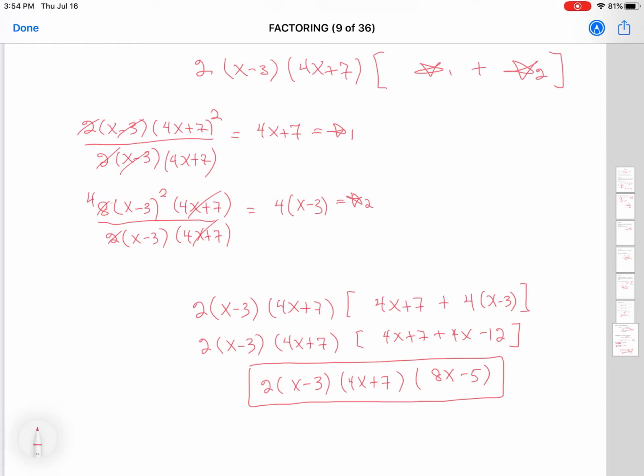Hopefully this was useful in reviewing the techniques of factoring. This will be important when we tackle the first chapter of the course on limits. I wish you